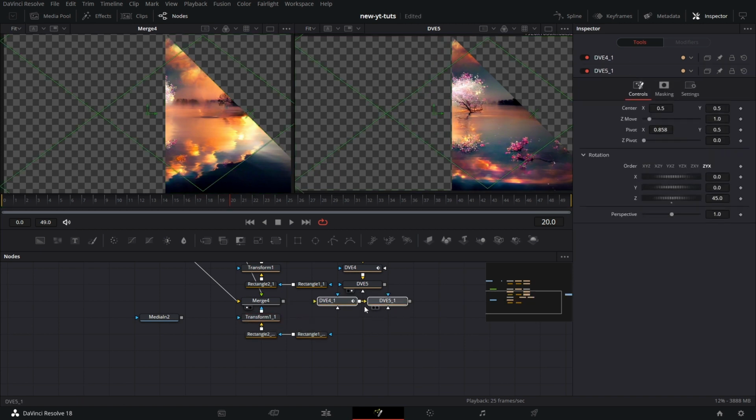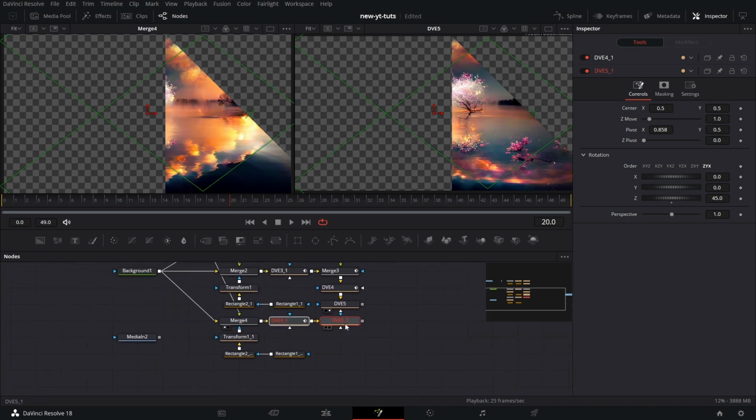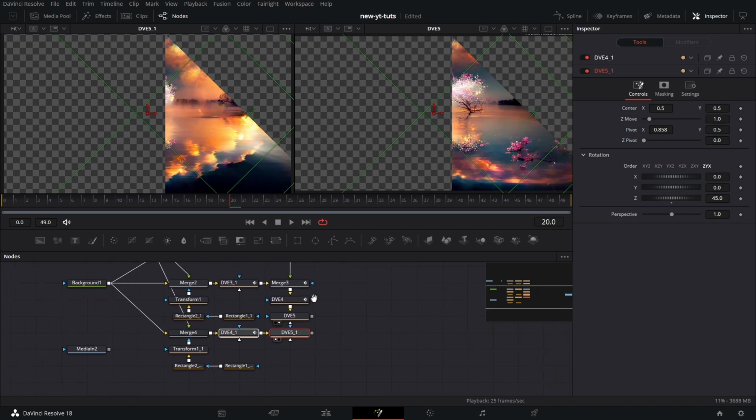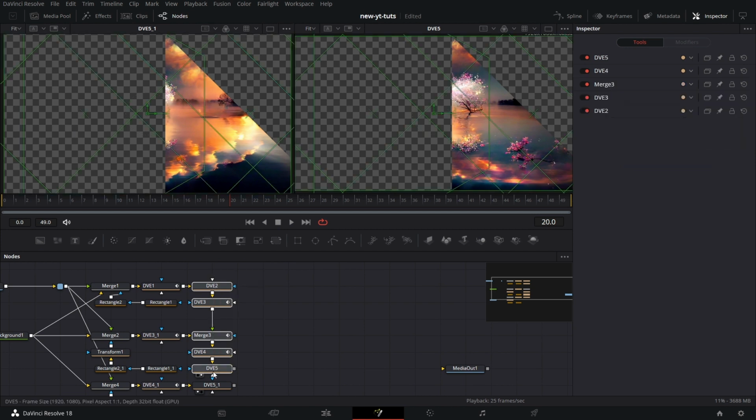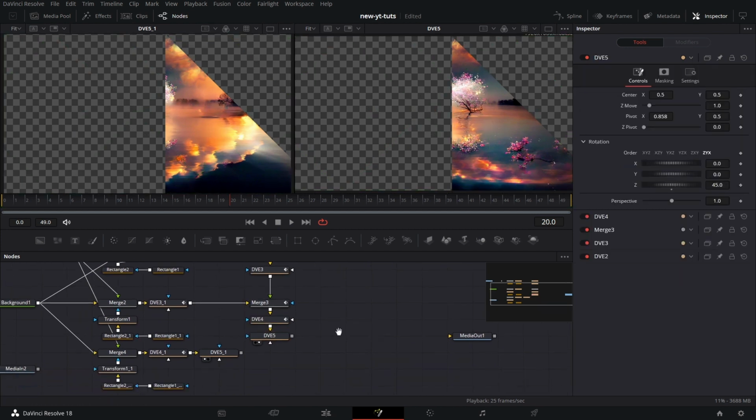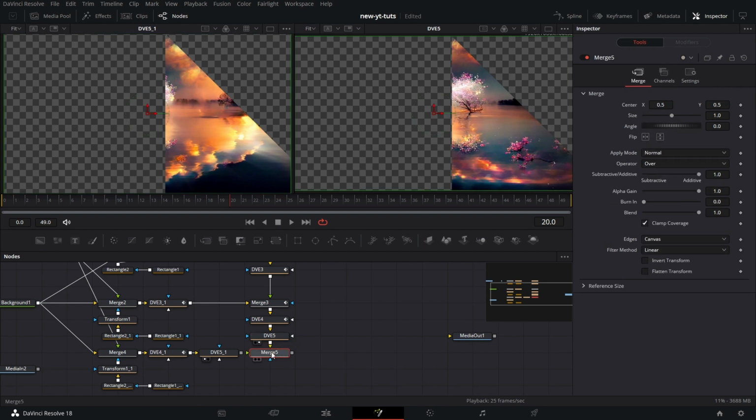Now this DVE node that I added here, let's connect this there and pull this to the viewer. And move these forward a little. And pull in a merge node, connect this to the foreground. Connect this to the foreground, connect this to the background. Let's pull this back. So we want a situation where